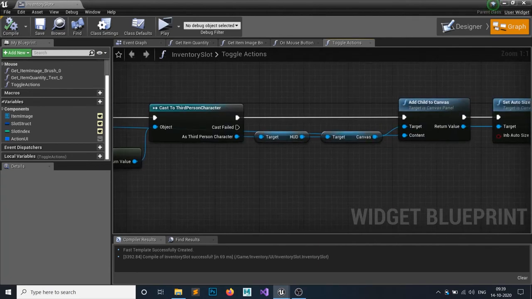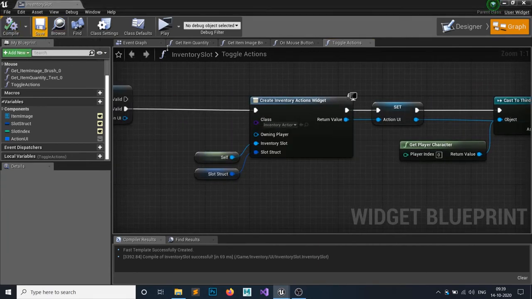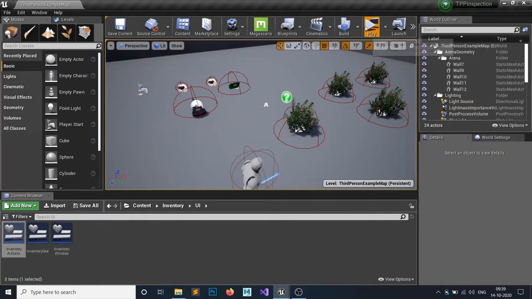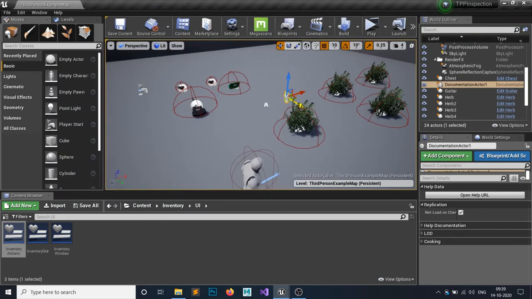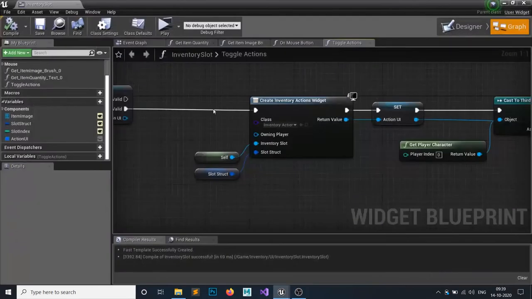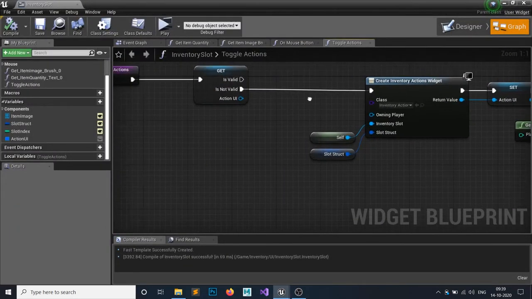Okay, and let's now see. If it's already present, then it won't be presented again. If we click that, nothing will happen. You can see for this only one slot is present. If you can see, it will present again, but we're going to fix this issue later, right? So we have done this thing.